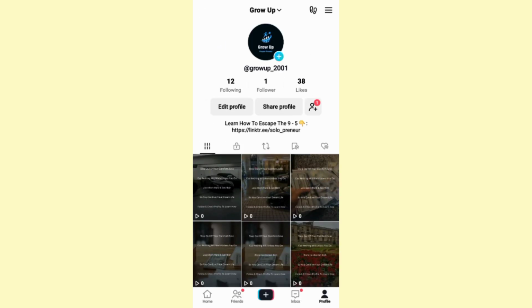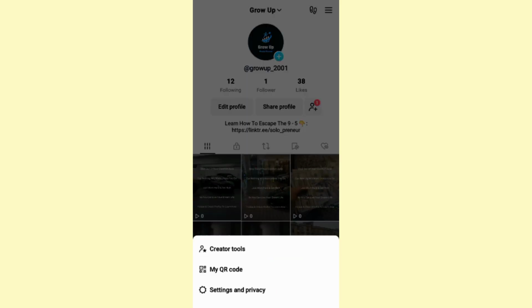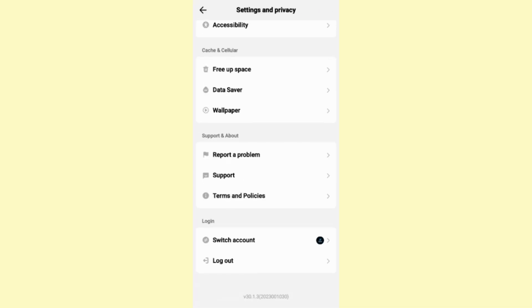are something that you can try, and it's like the only solution that you have. So you just have to try it. Maybe it will work for you. Once you are on this page right here, click on the three lines at the top right corner, then click on settings and privacy, and then scroll all the way down till you find the support and about section. From there, click on report a problem,